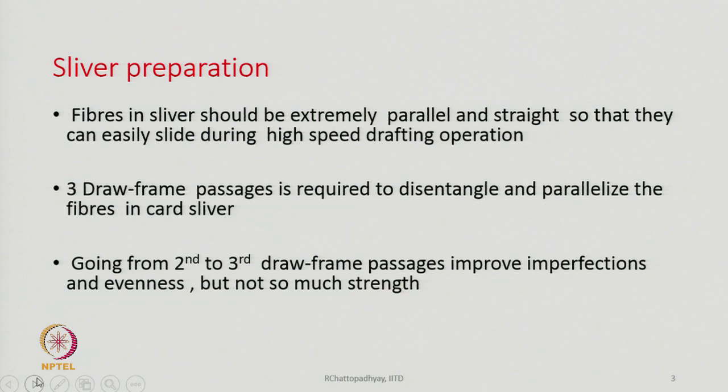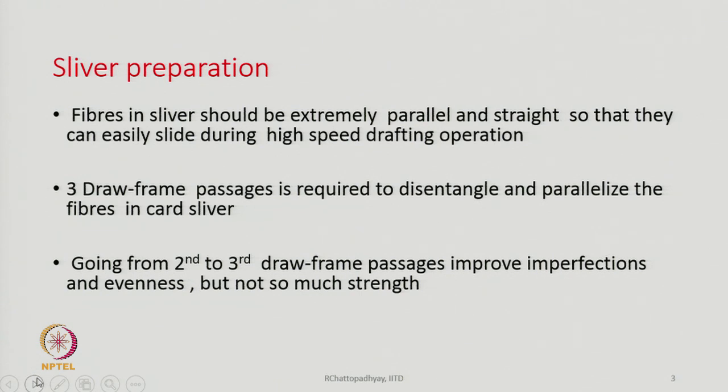So, by the time we give 3 draw frame passages, the fibers become very straight and parallel. At the same time, the uniformity of the sliver also improves, the CV level also goes down, and therefore the sliver, or the fibers in the sliver, are ready to be drafted at very high speed. That is why 3 draw frame passages are given, and it has been found that going from second to third